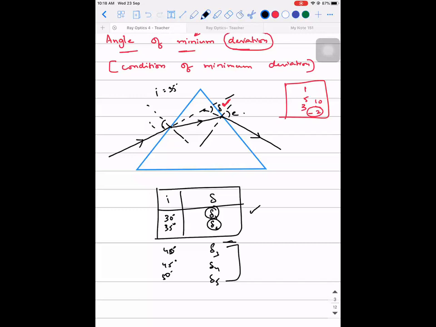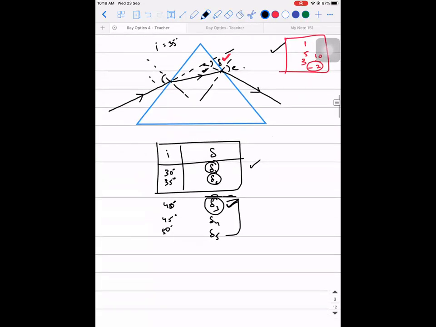Correct? So if I ask you for the minimum deviation, what will your answer be? Use the same logic as with this number. You're going to pick the value which is the least among the lot. For the time being, I thought the middle value is the least. I don't know what the value is. I'm just trying to explain it with a generic value. I hope you're able to understand what I'm trying to say. So the question is, when this kind of scenario occurs, how will the refracted ray inside be?